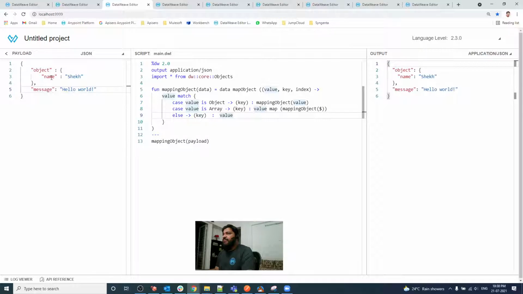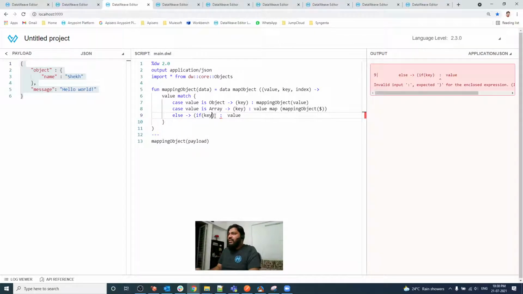At any point of time, if I need to change any key, for example, I want to replace name, the name is coming from input, but I want to replace the name with first name. The key name should be changed. So I can add an if condition here: if key equals name, then it should be first name, else the other key that is coming stays as the key.